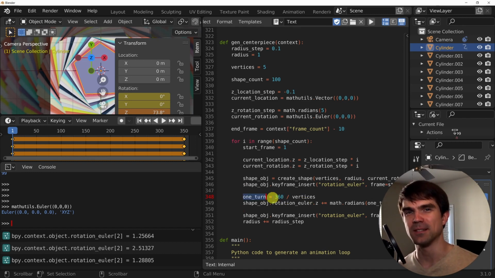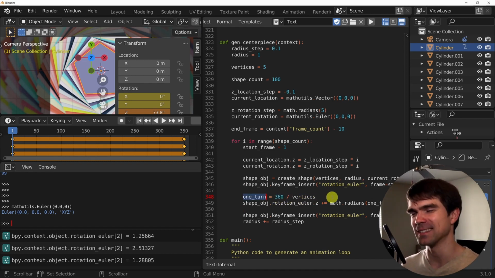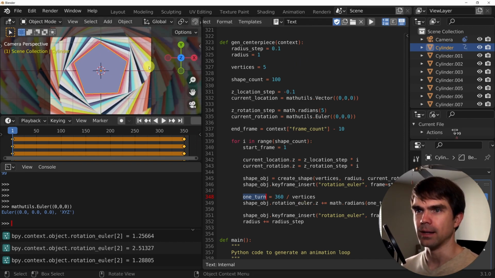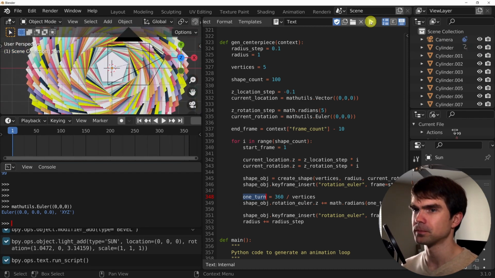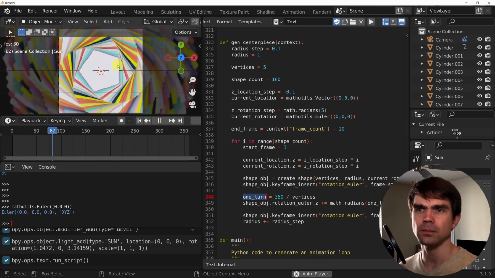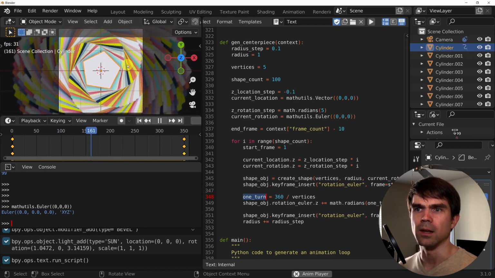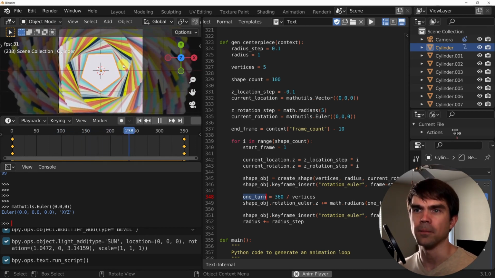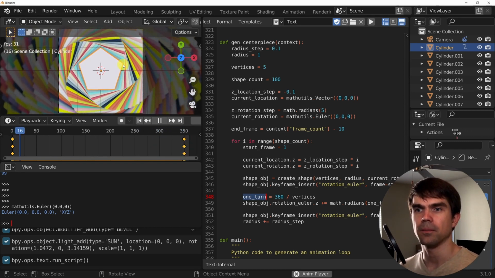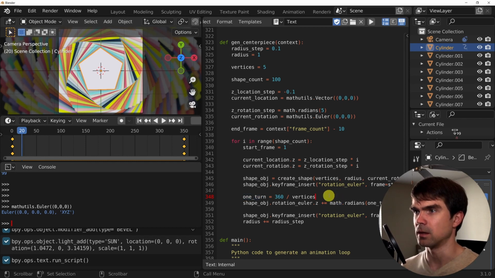If you have a better name for this, please write in the comments. I didn't have anything better to call it. All right, so now let's go ahead and hide this, run the script, and you can just look from the camera's point of view, and then I'll press space, and you can see that everything's just rotating at a nice rate, right? All right, this is good.